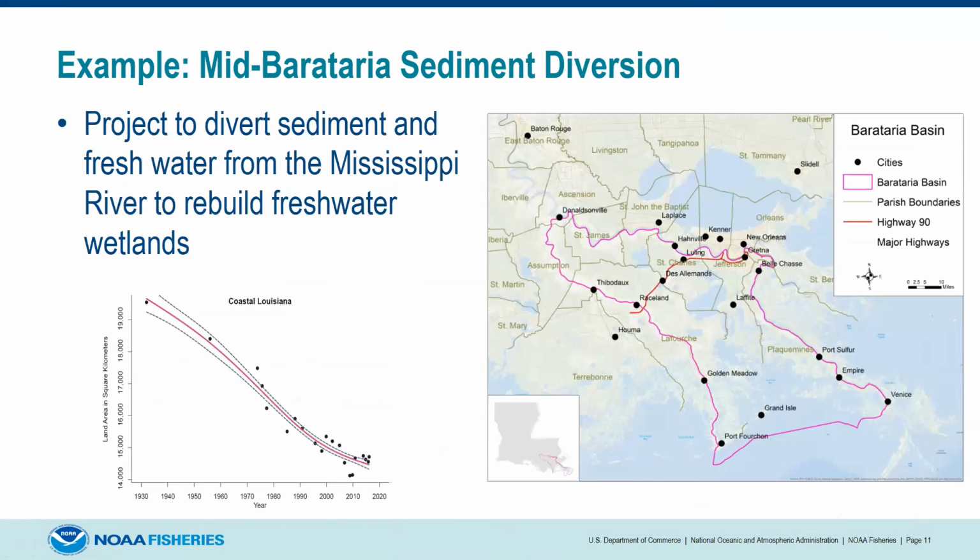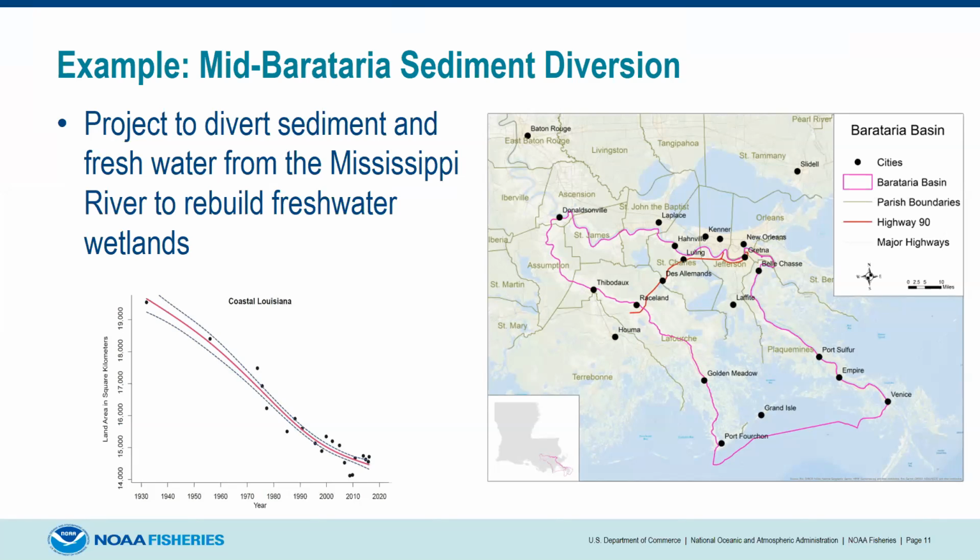example. So this is a much smaller scale example, but I think one that's going to be more relevant to the offshore wind development. So here down in the Mississippi, in the Gulf of Mexico, they have this project called the Mid-Barataria Sediment Diversion. And basically, it's a project to divert the sediment and fresh water from the Mississippi River